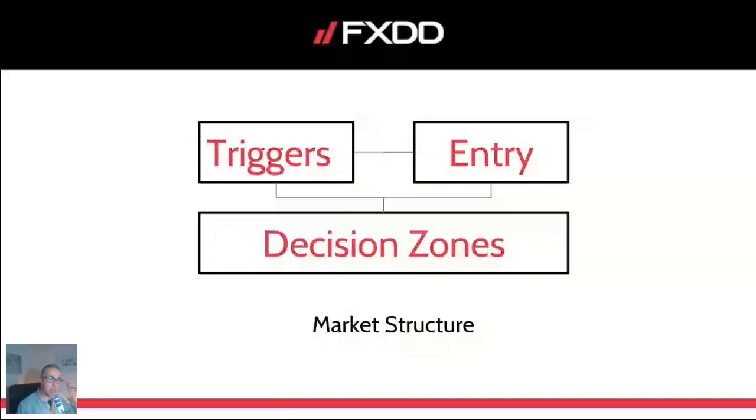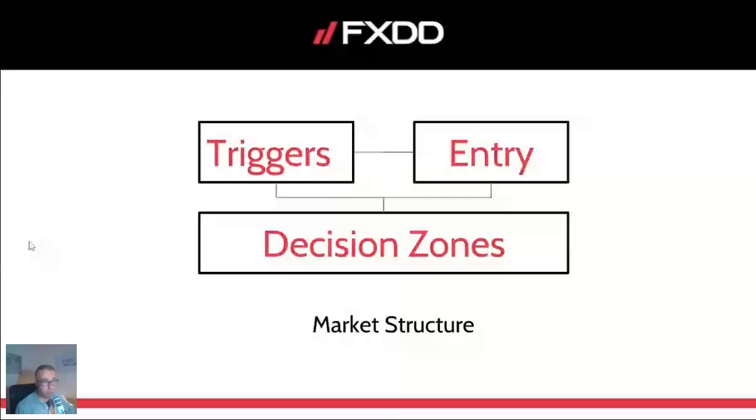Decision zone is basically a different word for point of confluence; point of control is another word that is used. But in my view, decision zone is a little bit higher in the hierarchy, because a point of confluence could be there, but it doesn't mean necessarily that you would want to trade there. A decision zone is something that you decide, like, I want to trade in that area. So there could be multiple points of confluence, but maybe only 1 or 2 or 3 decision zones that you really want to trade. So a decision zone is like an elevated, a more important point of confluence for whatever reason, because of multiple support or because of a combination of support,